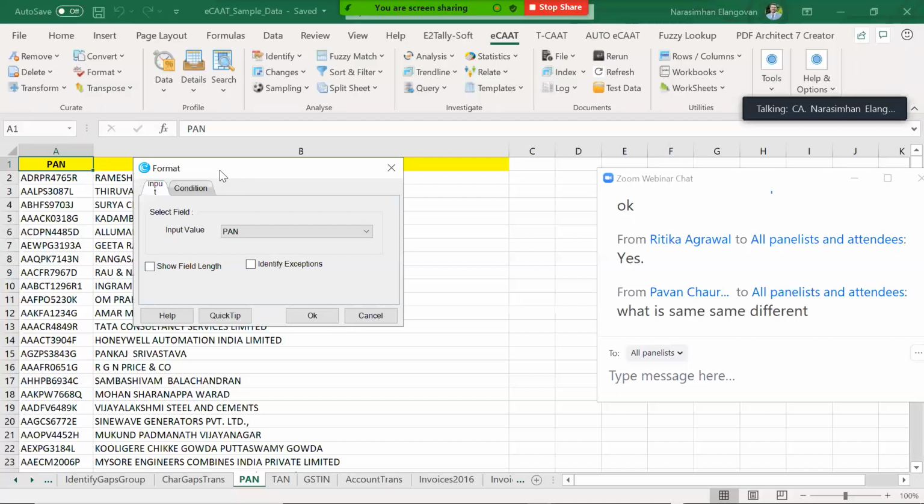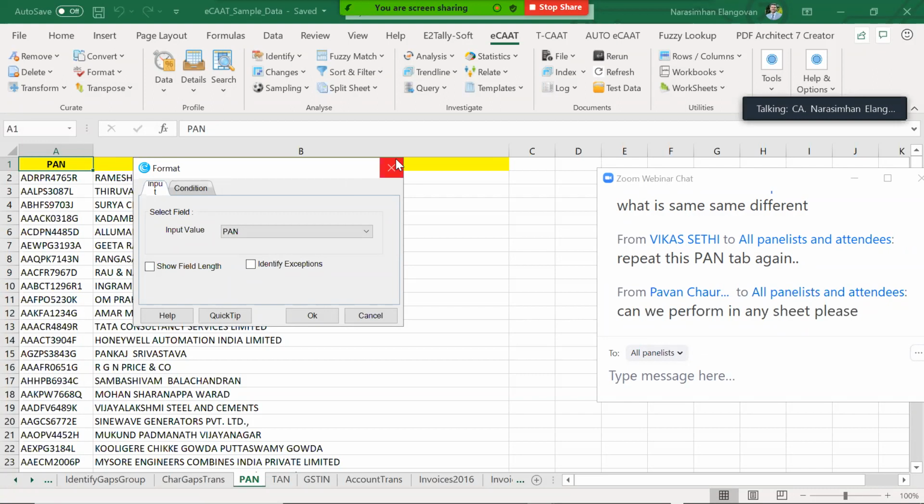One powerful place where you can apply this is on procurement. As of now, we are not doing a separate audit on procurement because that is a use case you can try. Can we perform in any sheet? You can perform in any sheet, absolutely free, but the data should give you that sort of an idea. The data should be there adequately for that.